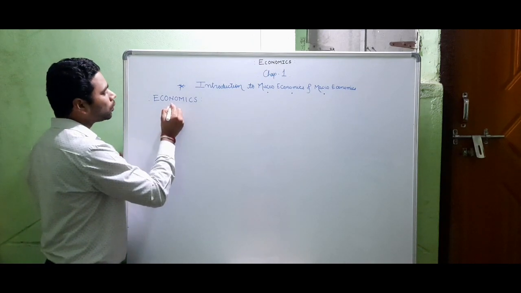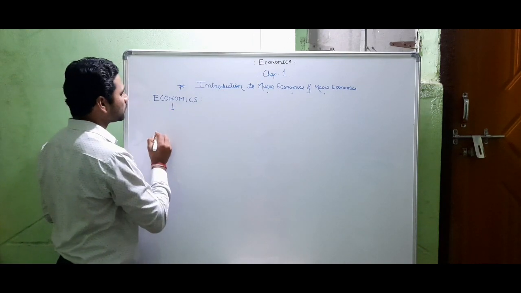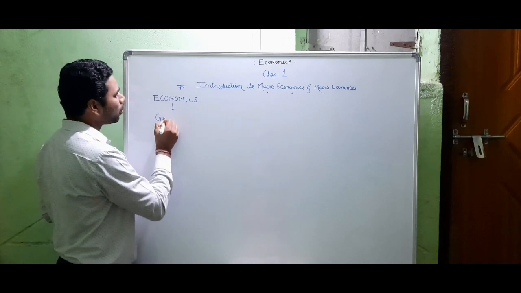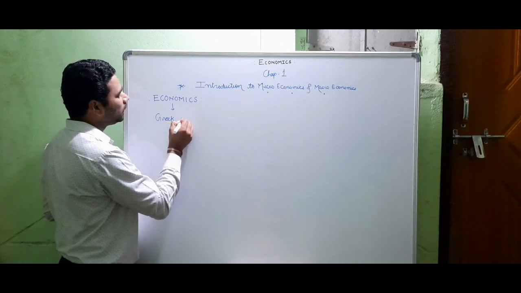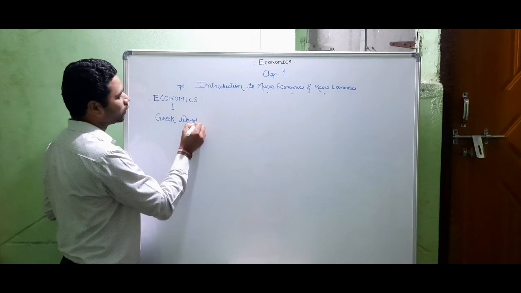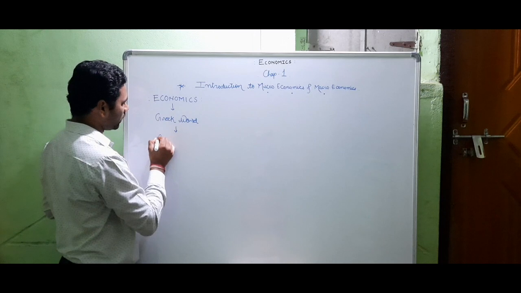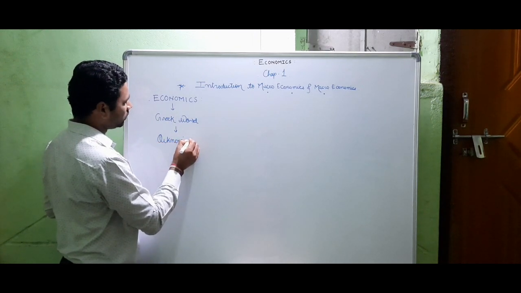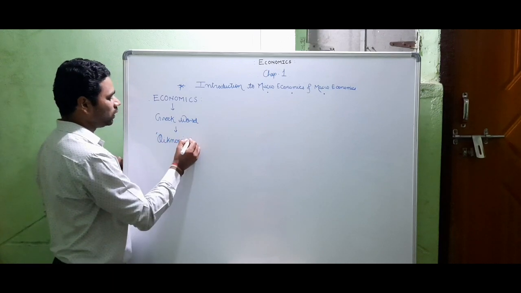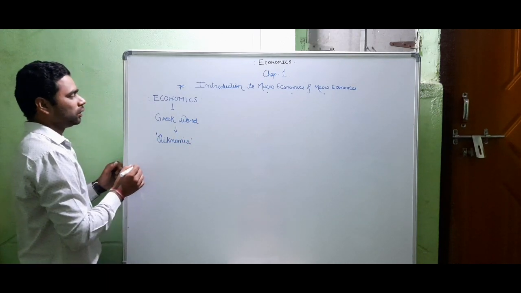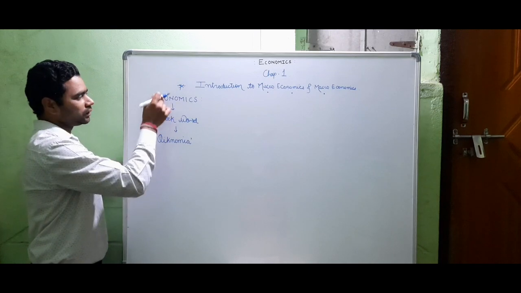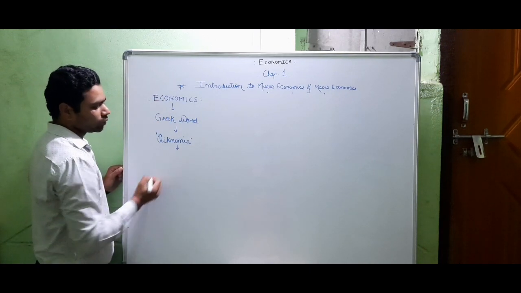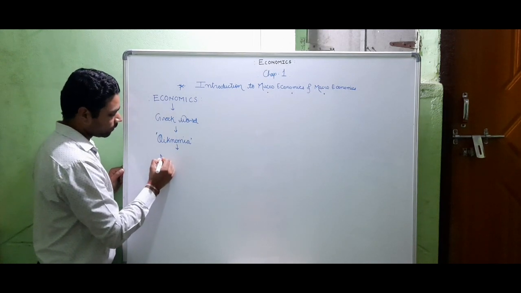So when we talk about origin of the term economics, economics is the word which is derived from the Greek word called as oikonomia. Okay? Economics is the word which is derived from the Greek word oikonomia, whose meaning is